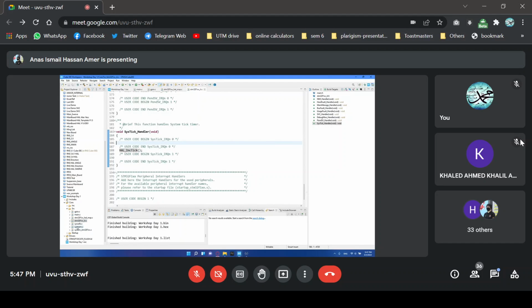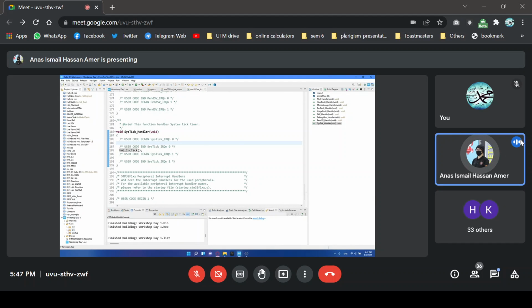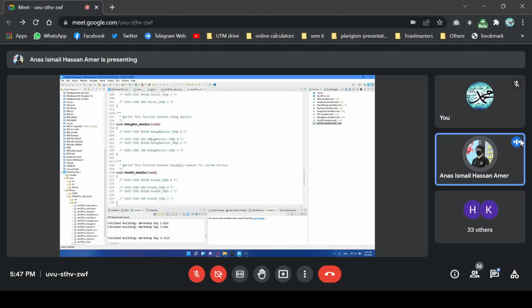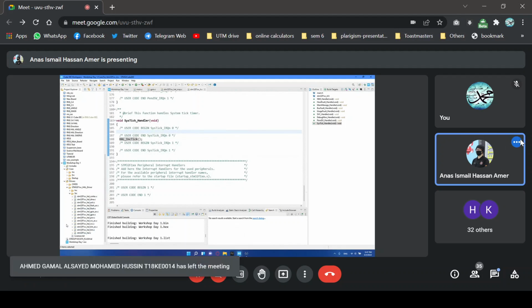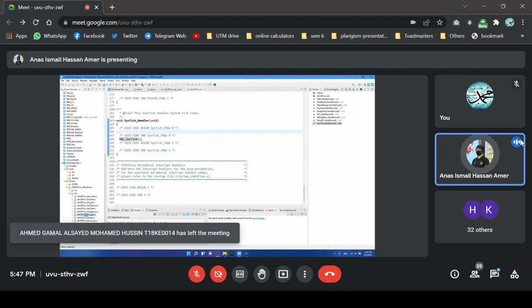So these were the main files. There's also the inside the drivers. This is the whole driver file and has the includes and the source. So all the structs and the initialization functions and the write functions and so on will be inside this driver file. So if you check out the GPIO driver,